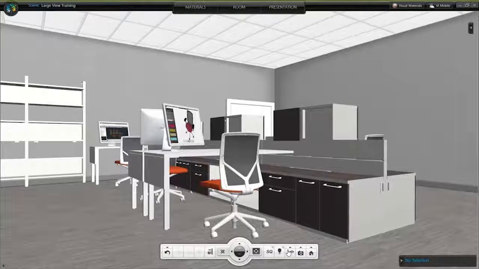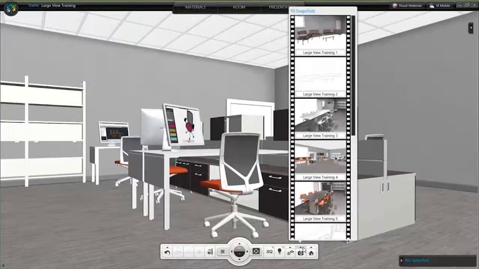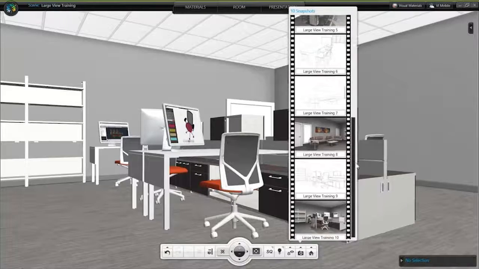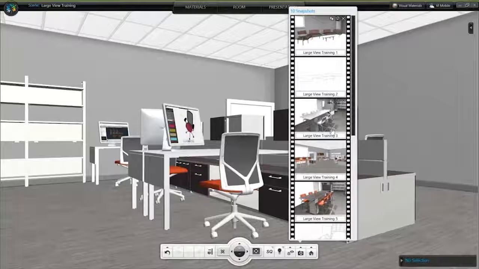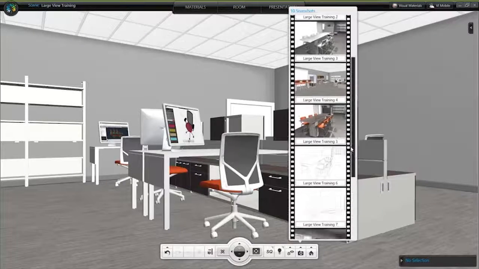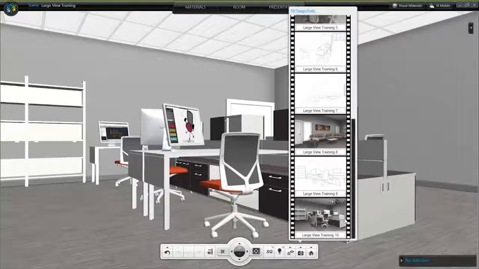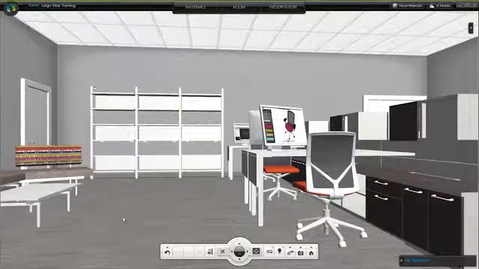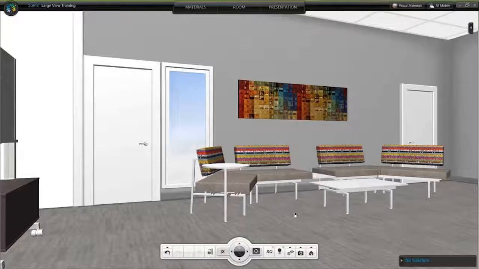So either from this screen, right where the camera is, I can look at my little film strip of all the images that I've taken. Plus there's a few from when I started the project before I finished all of my colors. Or I could go in and jump over to presentation. You know, if you have a really complex project or one where the client is really looking for a lot of different options or different scenarios,